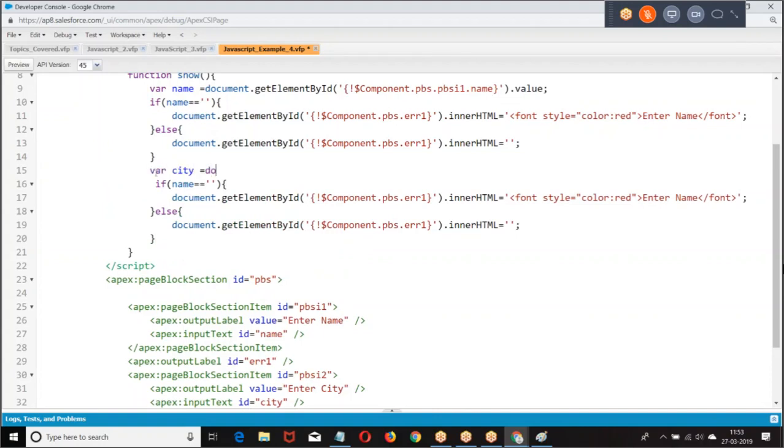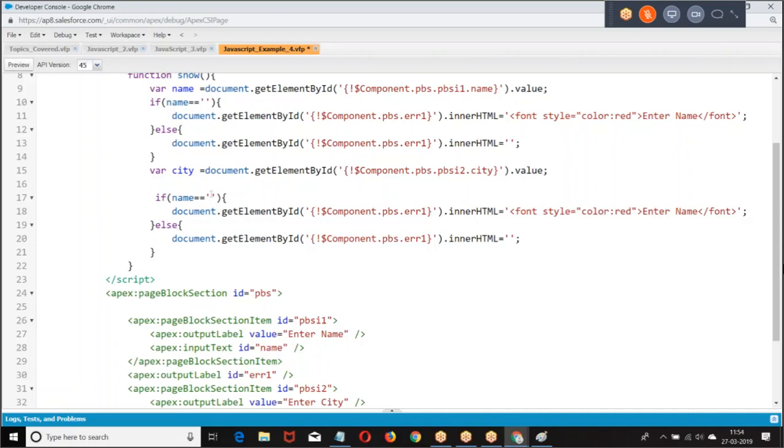Var city equal to document dot get element by ID, component dot page block section dot page block section item 2 dot city dot value.